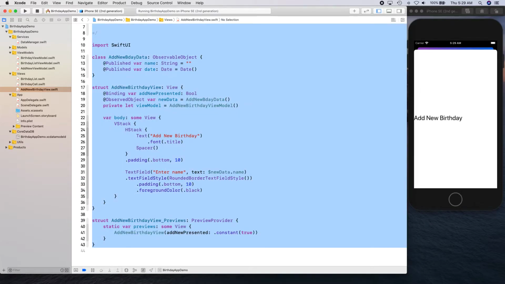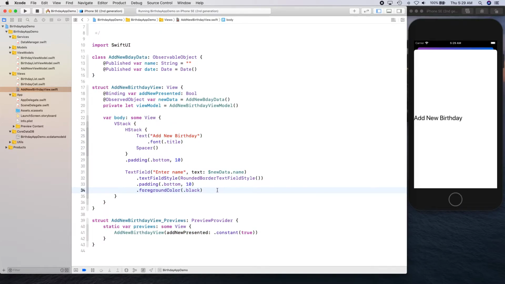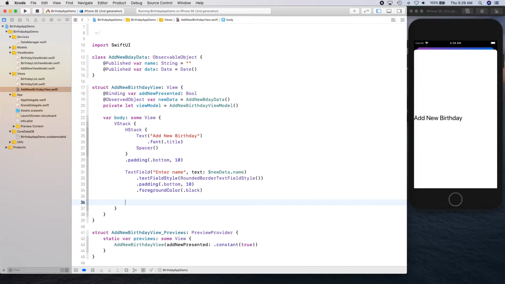Okay, Control A, Command A, Control I to format, and then onto our VStack,